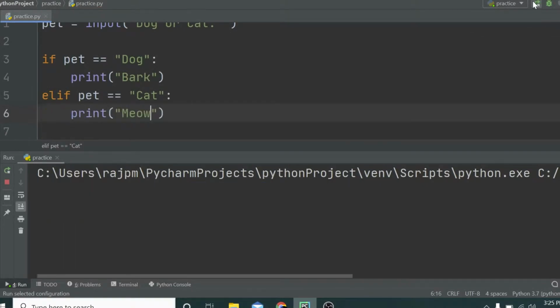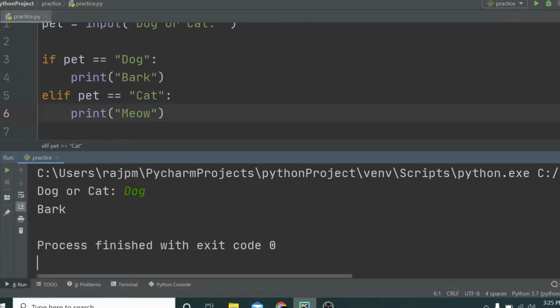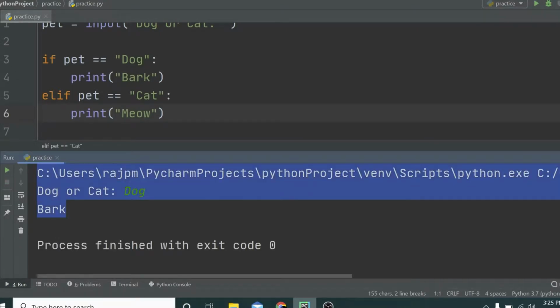Okay, sorry for running. It says dog or cat. What do you want to choose? Cat. It says meow. And if I do dog, it says bark. So this is the basics of, and now we just got to know the use of the equal to comparison